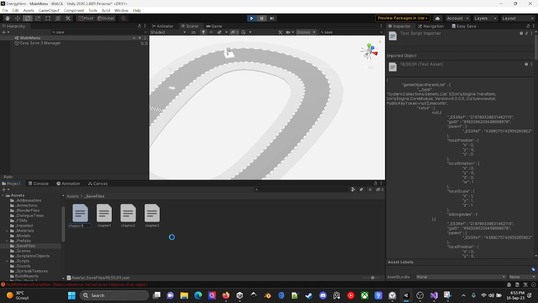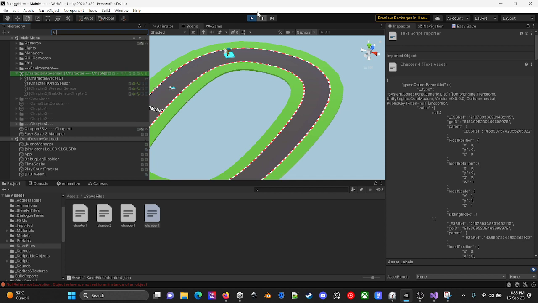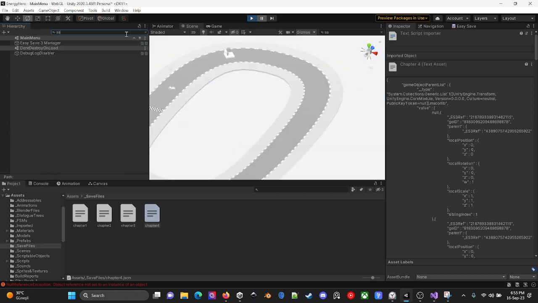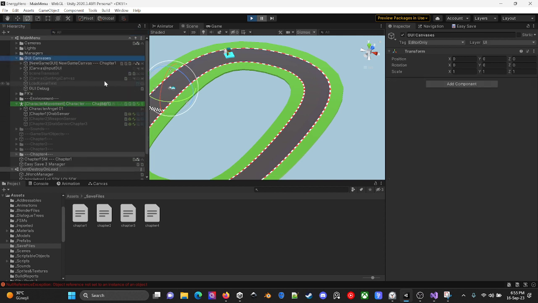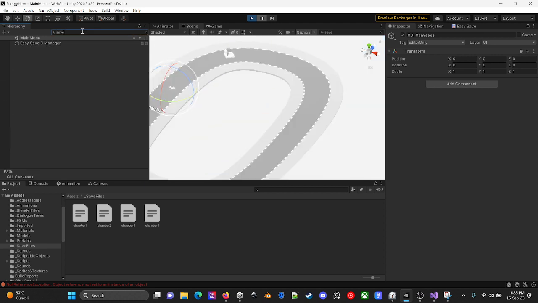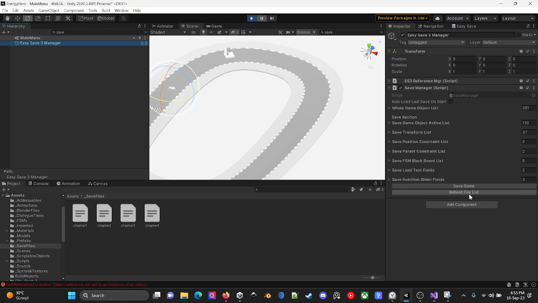Let's put the name of this as chapter 4, but I forgot to do something about my save managers, because after I generated the chapter 4 GUI behavior tree, I forgot to add this save manager inside the active game object lists, both active game object lists